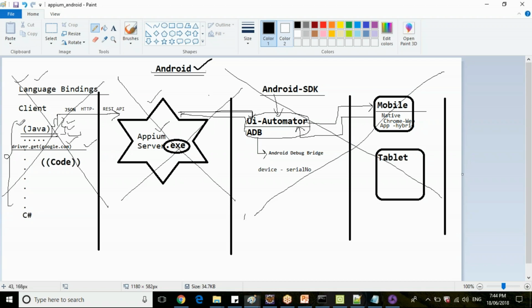Now we are pending on the Java project and writing this code, which we will see now. Before that, if you have any queries, either about what language bindings are, what the APM server is, or what the SDK is, please raise them now so that we can discuss and go further. Are you clear with this? Is any repetition required?